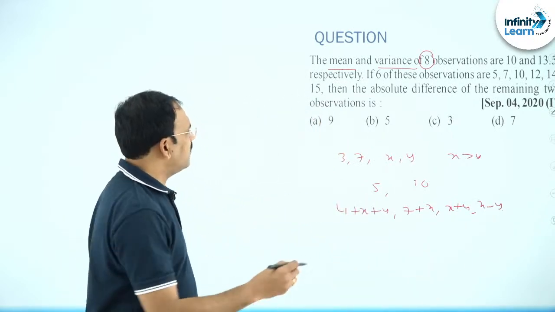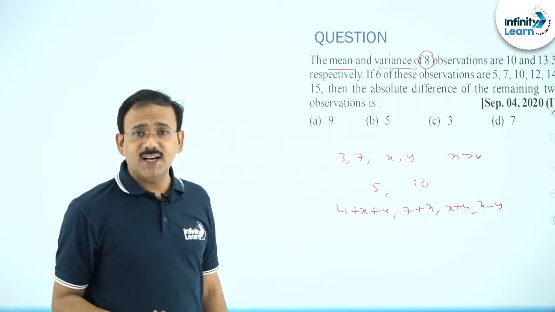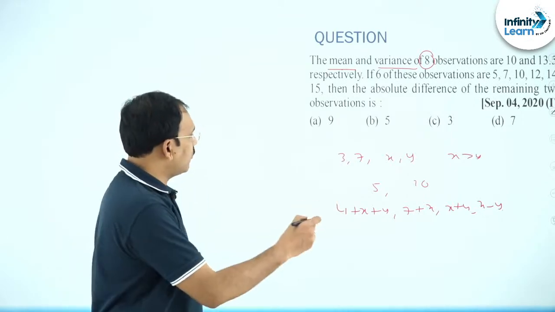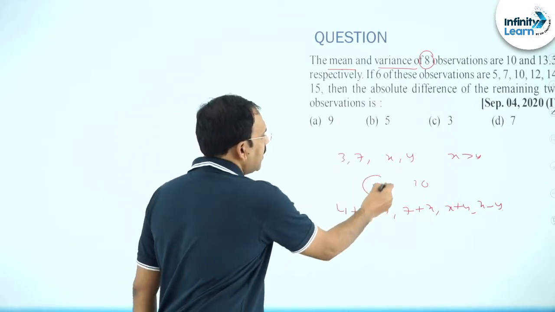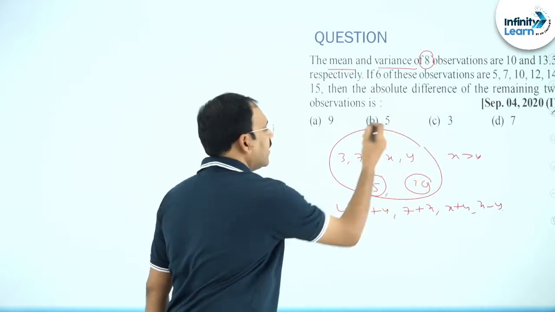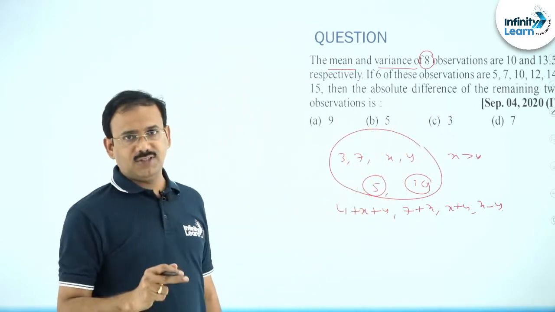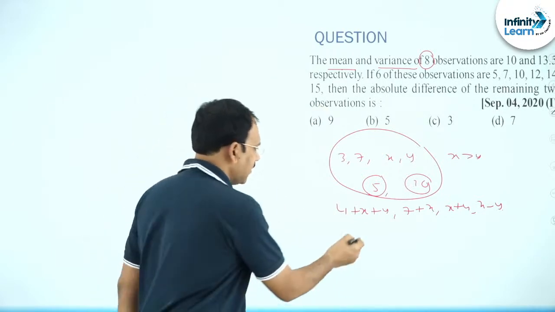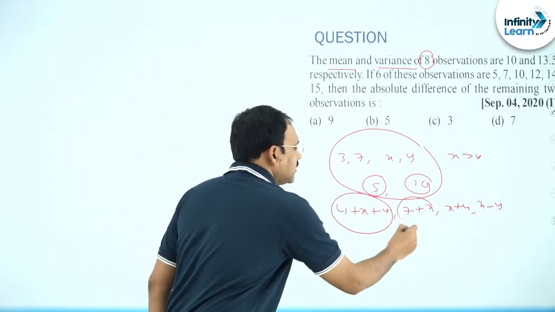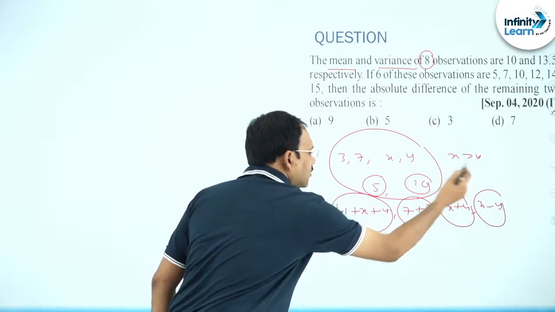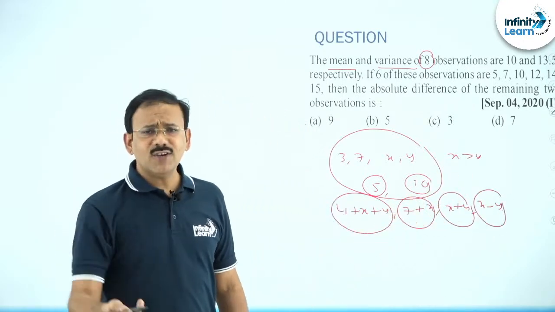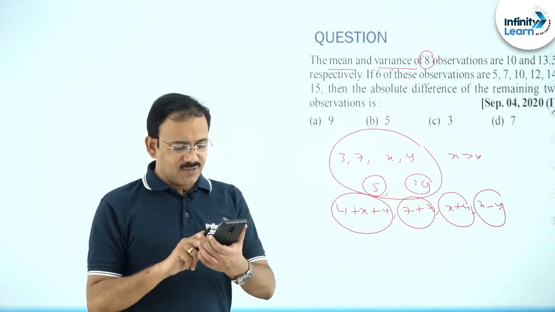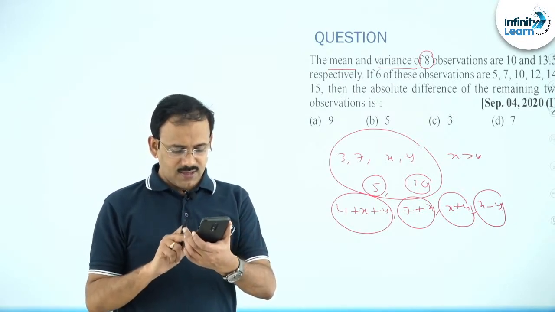And it is very simple, no, the same thing I was telling repeatedly from the beginning of the class. I did not see yesterday's paper, but you see the same question. The mean and variance of 4 observations are given, of which 2 are unknowns. You can find x and y by the same procedure. Once you find x and y, you can find the first number, second number, third number, fourth number. Am I correct? So you can find the mean, it is not a big issue, isn't it? This is one question given, dear students.